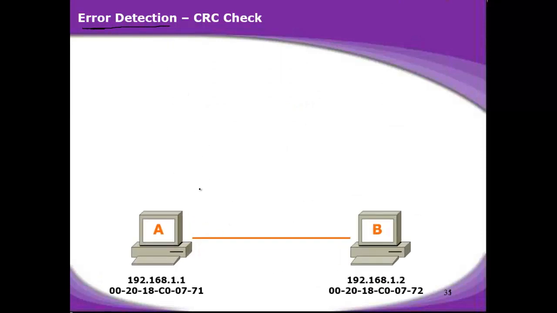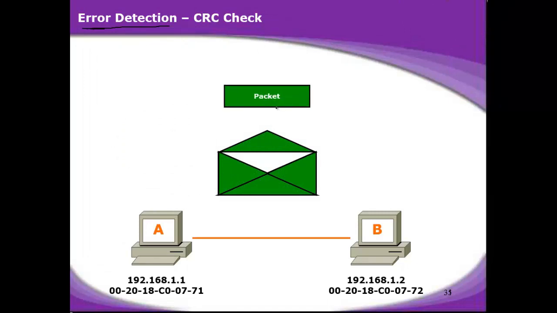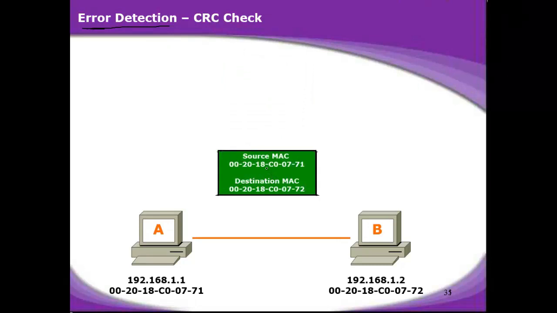So this error detection in the data link layer, how does this happen? Let's say you have this data to send to the destination, and the packet is received from the network layer by the data link layer. At this point, the data link layer is going to put in the MAC addressing, the source MAC address and the destination MAC address, and after that it is going to run an algorithm, and as a result will have some number. So this number should be the same on both sides.